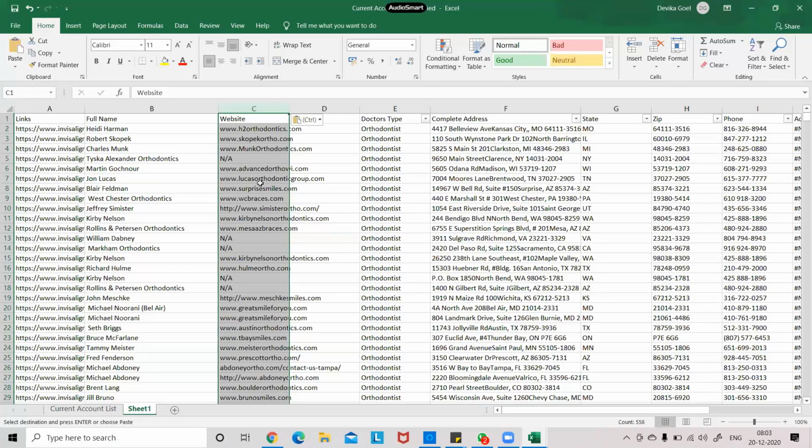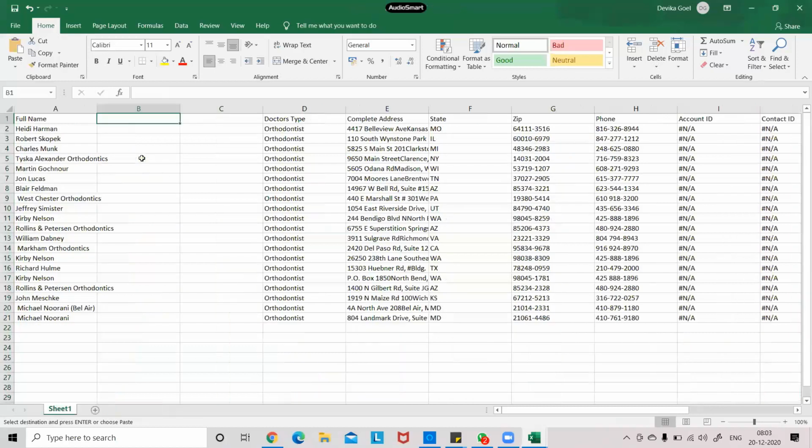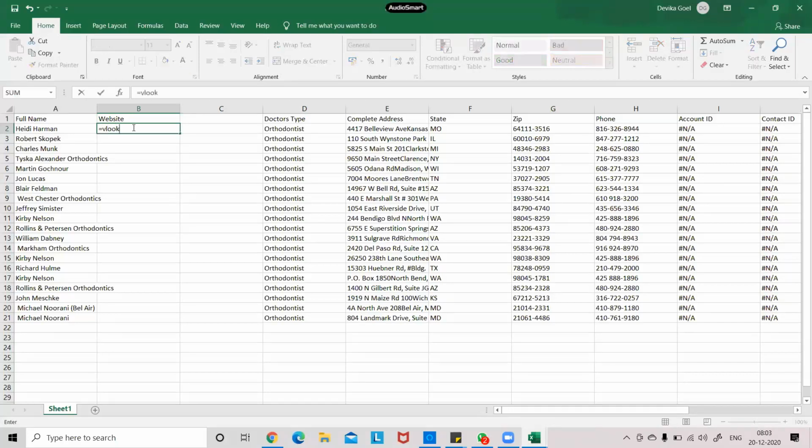Okay. So that's the website we have currently for the full name. I'm assuming that I do not have website right now on this file, but I need to bring the website on this file from that main file. Website. Please do not get confused that I use the same database and I created another file, so we already have website. Don't take that part. I'm just showing you how to use VLOOKUP. Okay,